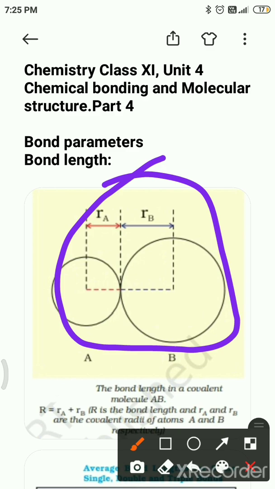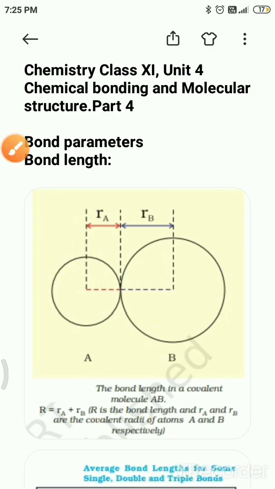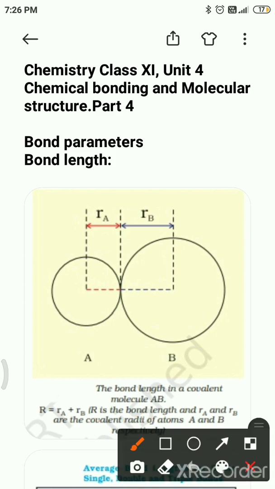In the case of a covalent bond, the contribution from each atom is called the covalent radius of that atom. The covalent radius is measured approximately as the radius of the atom's core which is in contact with the core of an adjacent atom in a bonded situation. So bond length in a covalent molecule with two atoms, A and B,